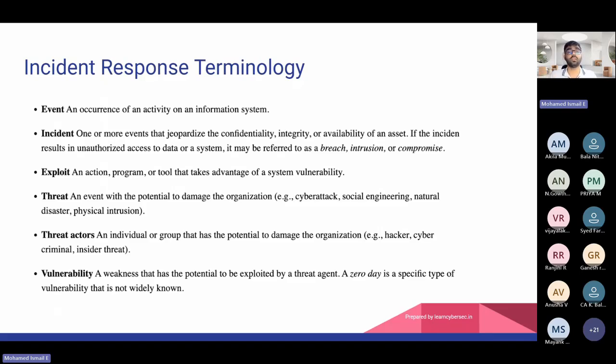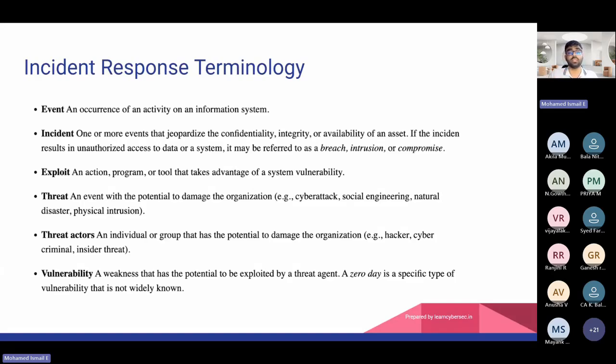A hacker intruded into their SQL database, took all the data and encrypted it, and put a message: you send me this much amount of ransom, otherwise I will not give the data. This is the situation. Now, as a security professional or practitioner, how do you take this incident? This is a security incident. Now I come to this event.